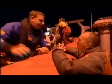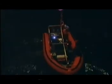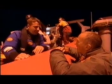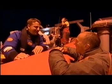Carl has been stuck on this boat for hours now, waiting to go out. Carl, have a word. Yeah, sure. What is it that you're going to do with this boat? We're running this rib in support of the prime rib, which has got the fibre optic feed down to the Mir submersibles down on the wreck. We've had a few technical problems, but we've managed to clear them now. Unfortunately, it looks like there's a weather front coming in now, so...